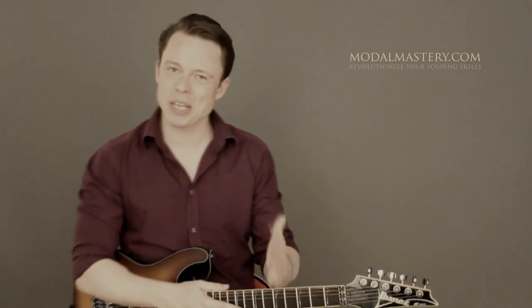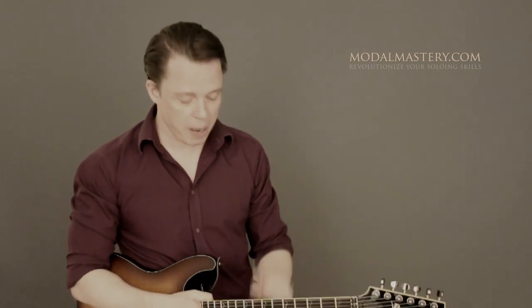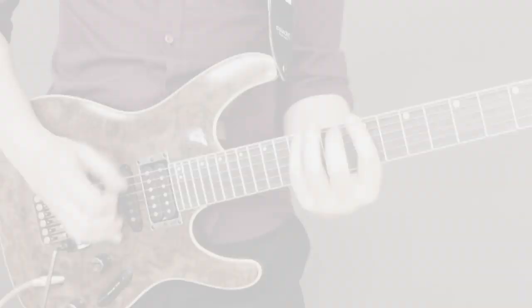Well, the word is actually quite useful because, as you know, we have a scale here with 7 names, depending on what note in the scale we consider to be our home. So, if I'm looking at the C major scale from the perspective of the C major,